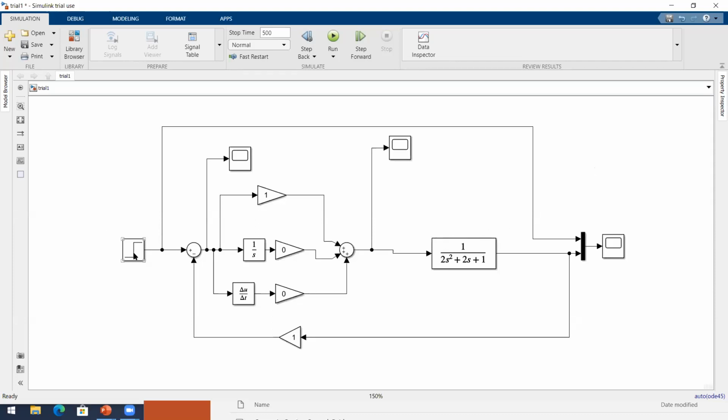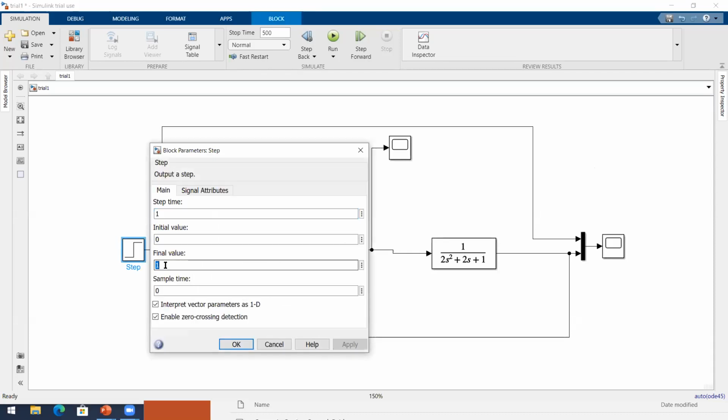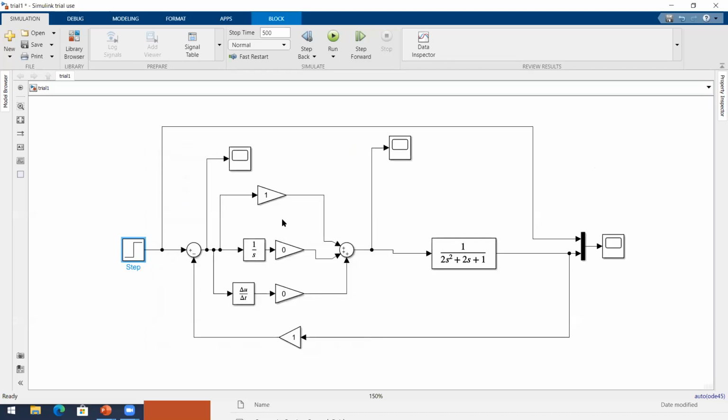Now what is the desired output mentioned here? 1. Okay, the final value is 1. Now there are 3 things here. This is 1, this is 1, and this is 1. You see 3 units here in this controller. Now I want you to concentrate only on this one, which is shown as 1 here, because the other 2 are 0. The other 2 are 0, so the effect of this is not seen. So forget about this part. Don't consider this part. Look at only this one.